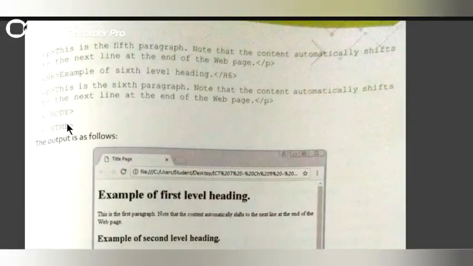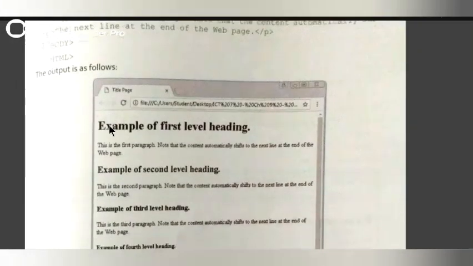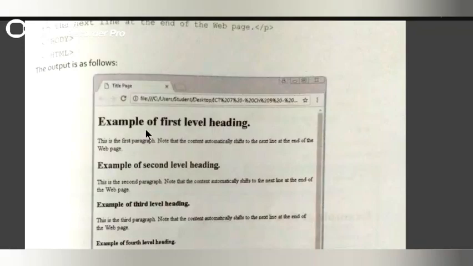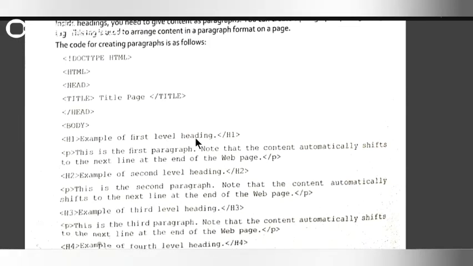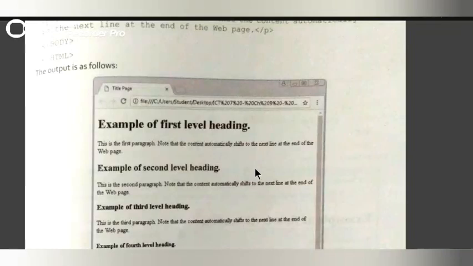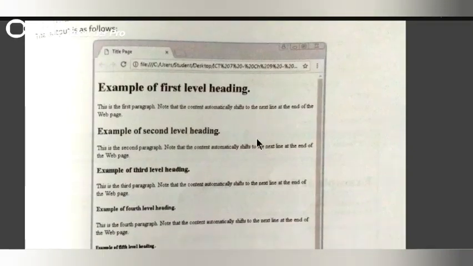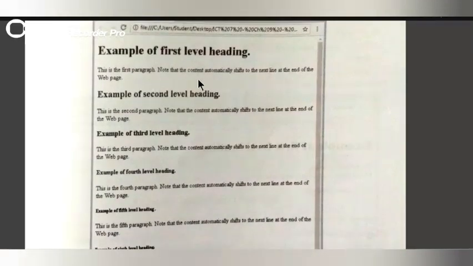Here is body close and HTML close, and you get this output. This is your h1, example of the first level heading, and this is your output.